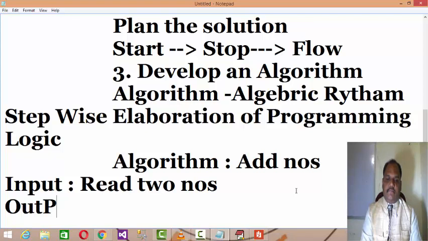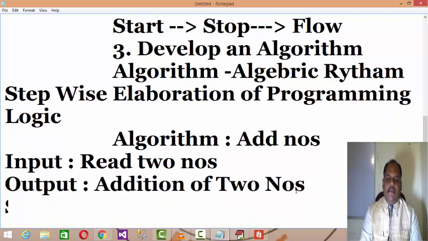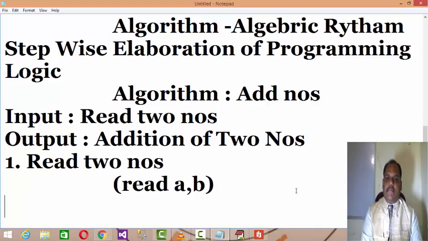Output. Define the input and output, and then the addition of two numbers. Then you define step 1: read two numbers, and then write the implementable step like read A, B.